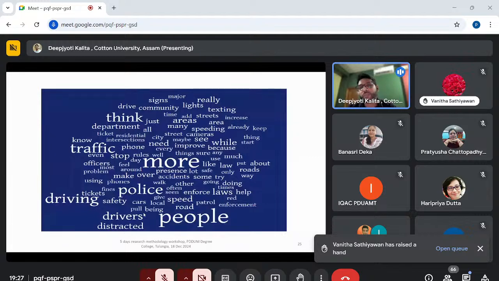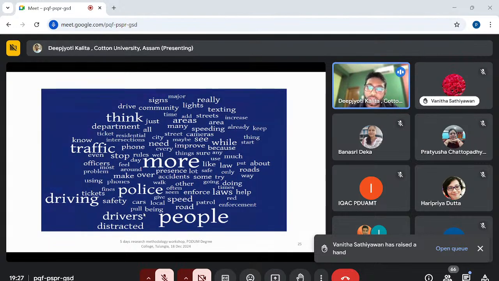And one interesting way is to present them in order. Nowadays, most of the natural language processing tools are there. You just give the responses that you have here to those natural language processing tools, and it will generate a word cloud like this. It's a very interesting way of complementing your open-ended responses.